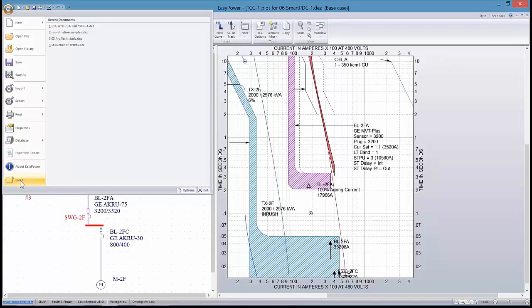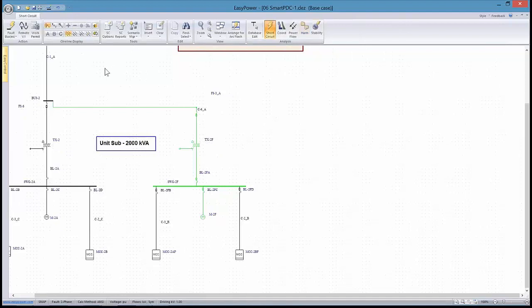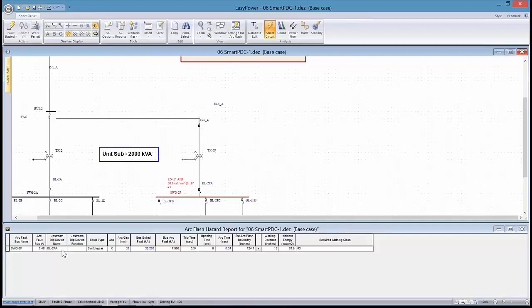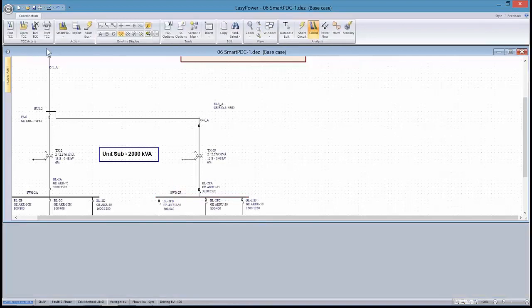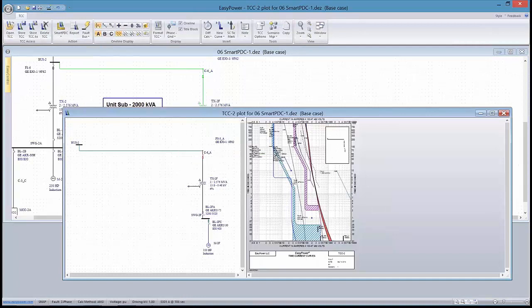As I close this curve, let's not plot it, and I go back to short circuit, I fault the buses, and I want to specifically look at the arc flash for that bus. You can see that this is in black type, and it's got a maximum arc current of 17,966, which is what we were showing on the curve. As I go back to the coordination module, we pick up that same group of elements, plot the curves,